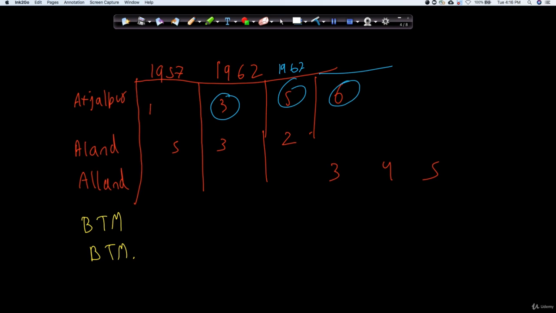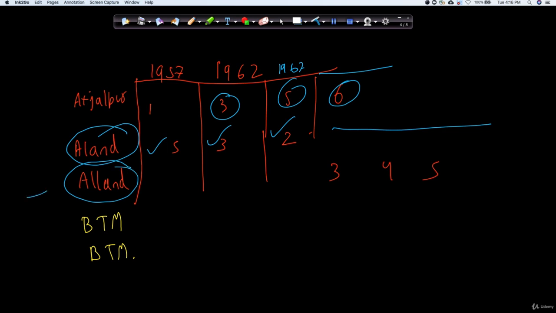Now, what I noticed was that there was a constituency called Aland, and in that I had the data for 1957, for 1962, for 1967, but after that the data was missing. Immediately I noticed that there was another name coming up, Aland spelled ALL instead of AL, and here the remaining data was there. So for this one the data was missing. That means we are talking about the same constituency name. Maybe there is a spelling mistake which has happened, due to which we are continuously writing it in this manner.